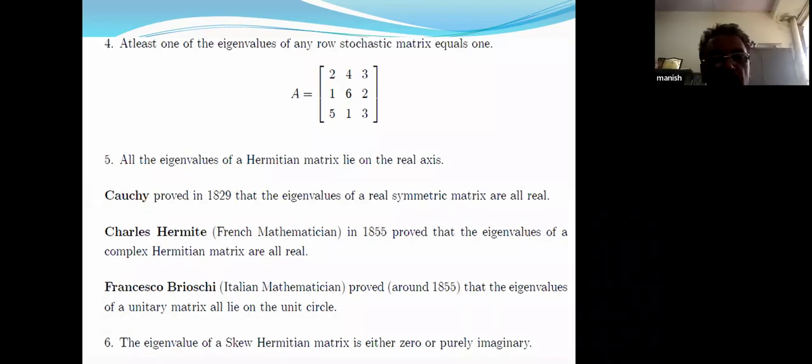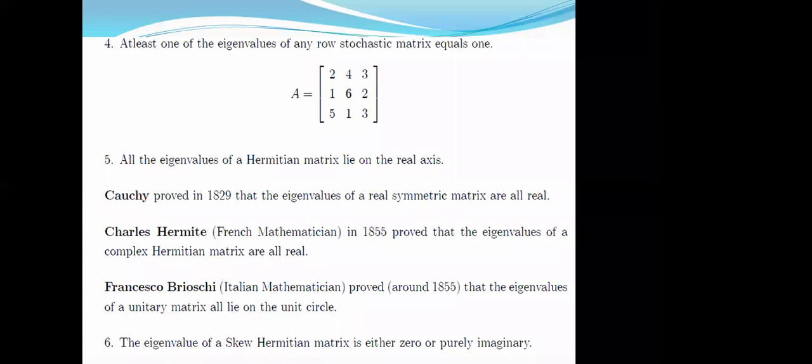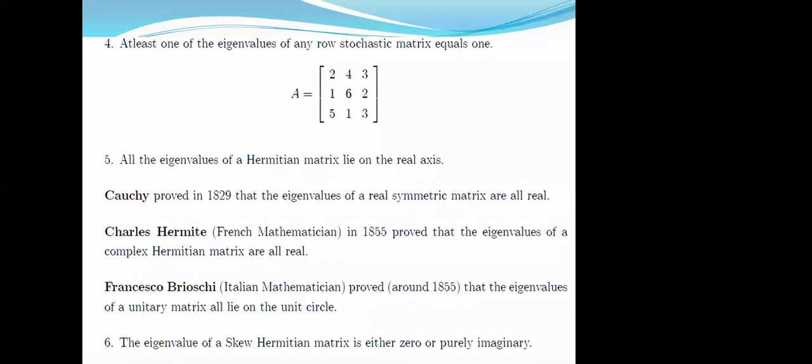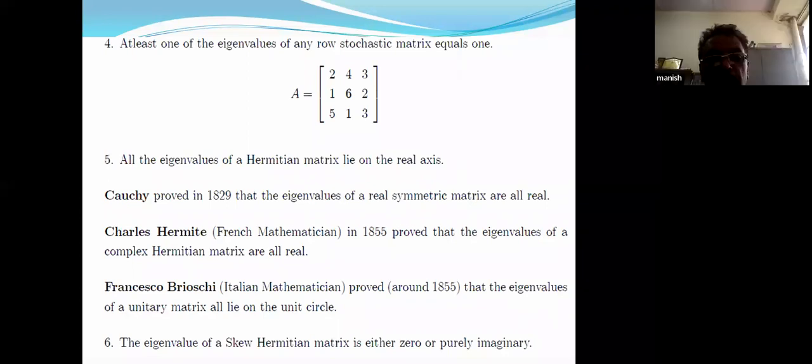All the eigenvalues of a Hermitian matrix lie on the real axis. Historically, Cauchy proved this in 1820, and Charles Hermite proved this in 1855 for Hermitian matrices. Also,